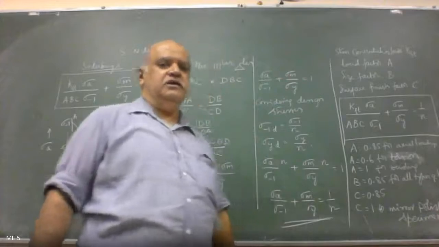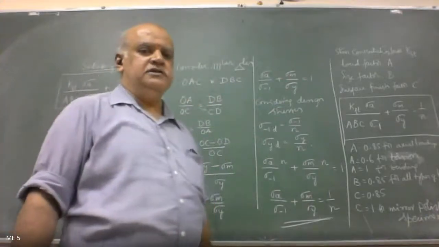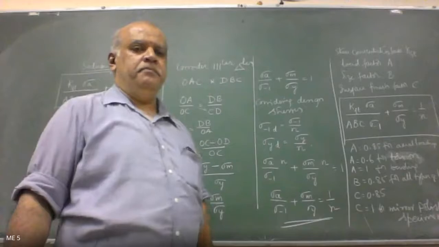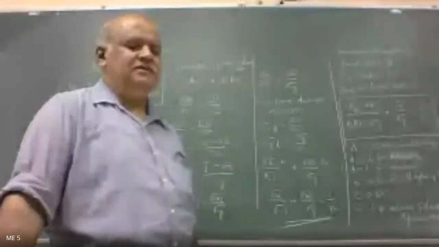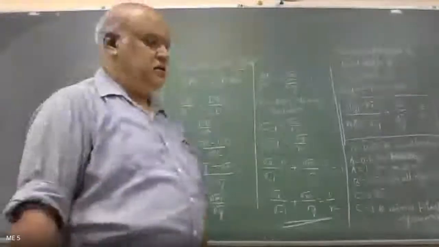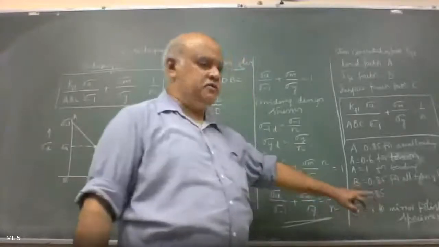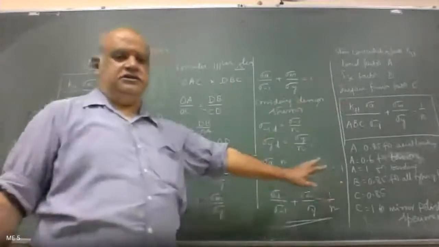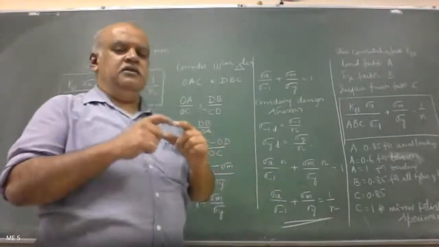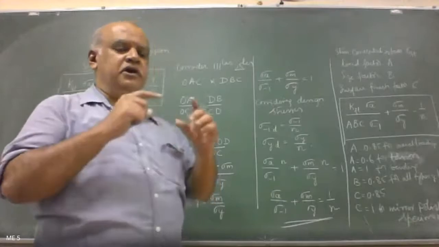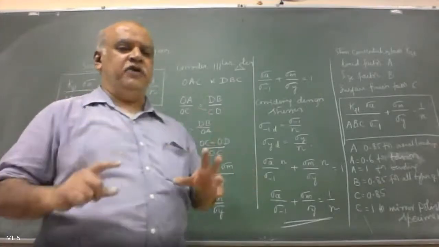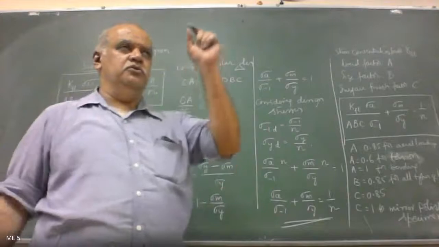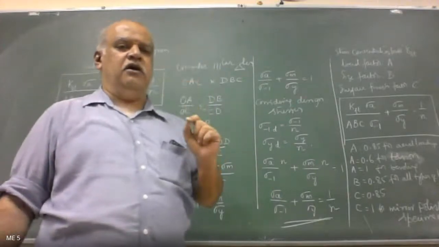What does that mean? C is equal to 1 means what? What do we understand by C is equal to 1 there? There is no roughness. Mirror finish, no surface roughness there. See, for mirror polished surface, finish will be so high that it will not have impact on endurance strength. That's it. So that's why the surface finish is a very, very important parameter in design and manufacturing, for you to see that the component lasts for a long time.